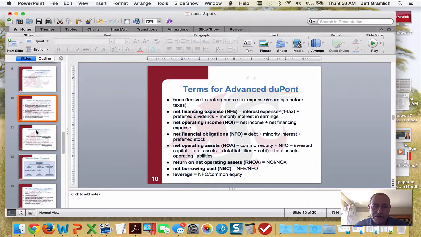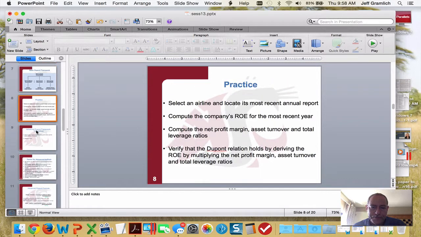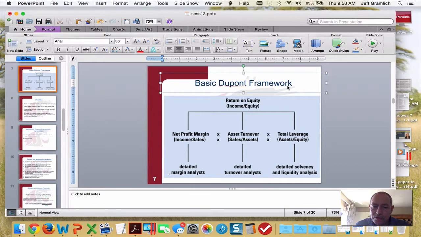But let's take a look at what I did. If we go back to the slides, and I have the original slides, you have the PDF, we're going to look at the basic DuPont model. It's net income divided by sales, sales divided by assets, assets divided by equity. So let's put those things into